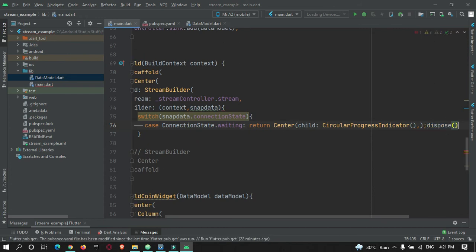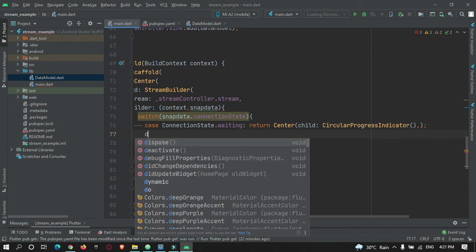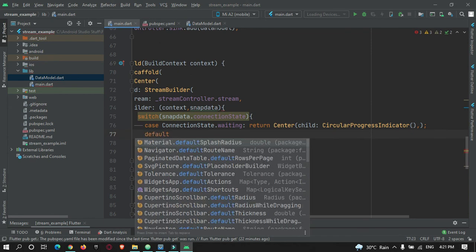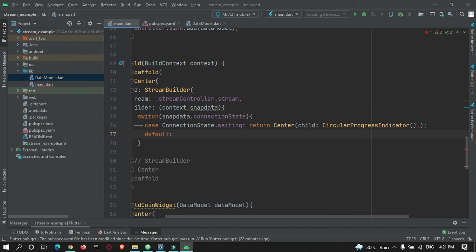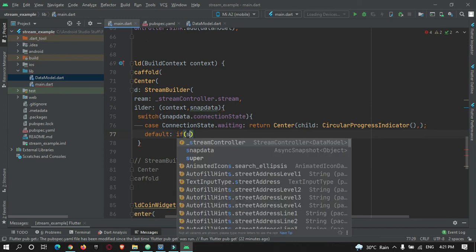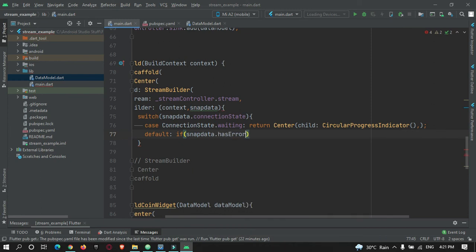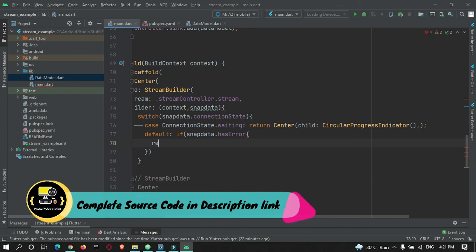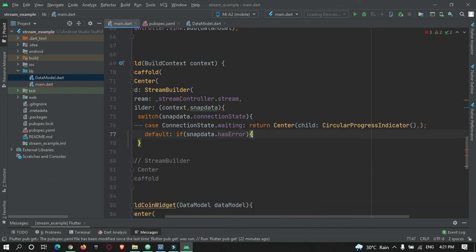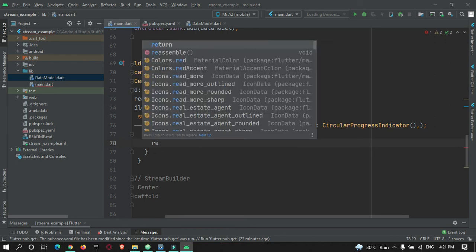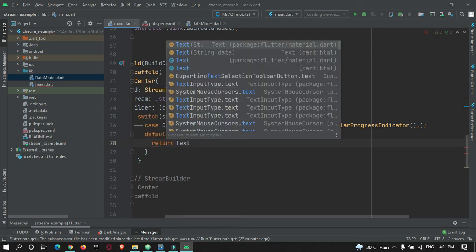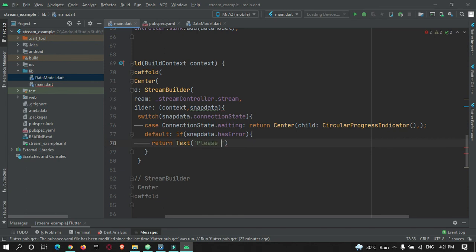And once the data is available, we will make use of a default, and over here we will check if snap data dot has error. So if it has an error, we will show a text widget to the user showing we have an error in fetching the data. So for that, return text widget, please wait. Okay, and if there is no error, then let's show the result.